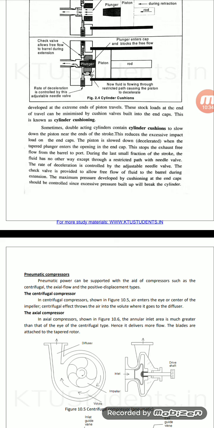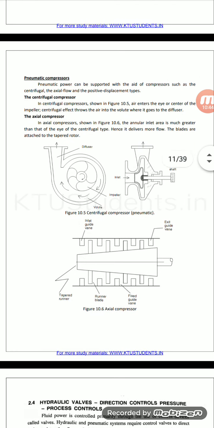The main types are the centrifugal compressor and the axial compressor. The axial compressor is shown in the second figure. Okay, both are the same, but the diffusers then go to the valves. This is also then used to drive the shifting valves. So next, the axial compressor. The axial compressor works in a step by step process, and that is the exit guide of the valves.